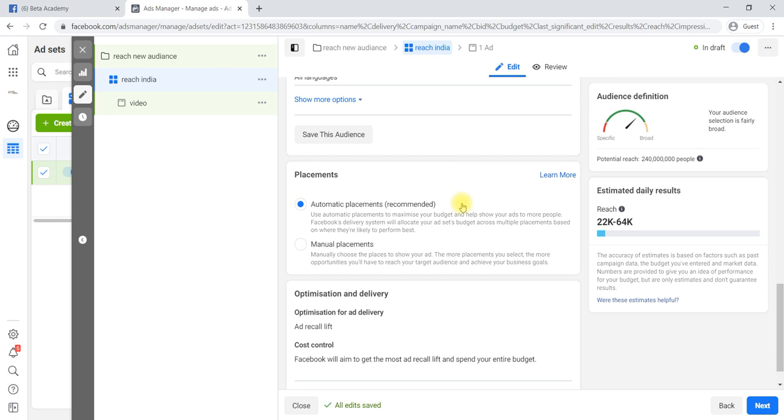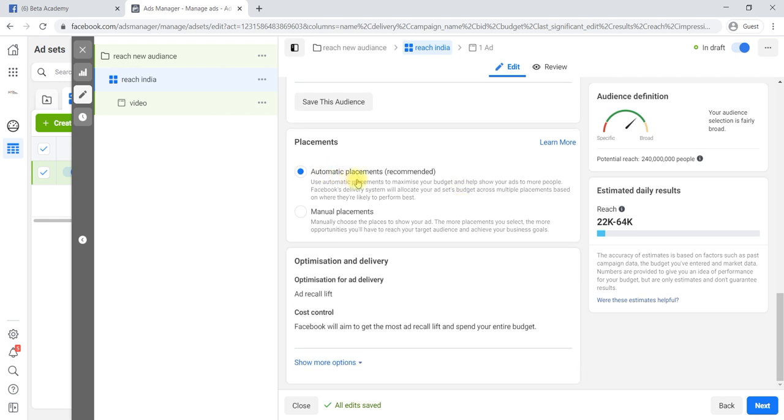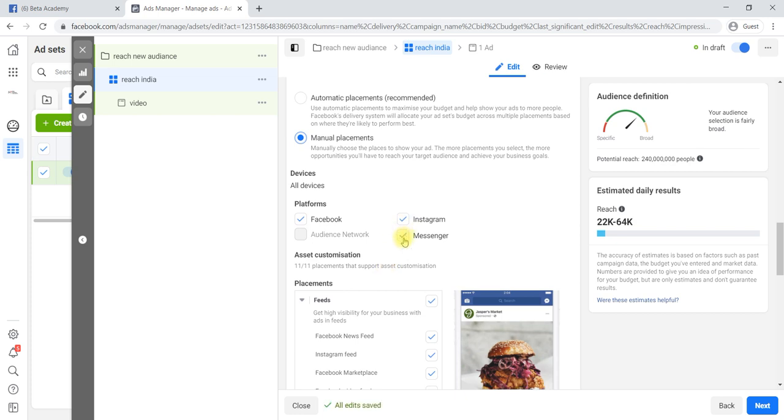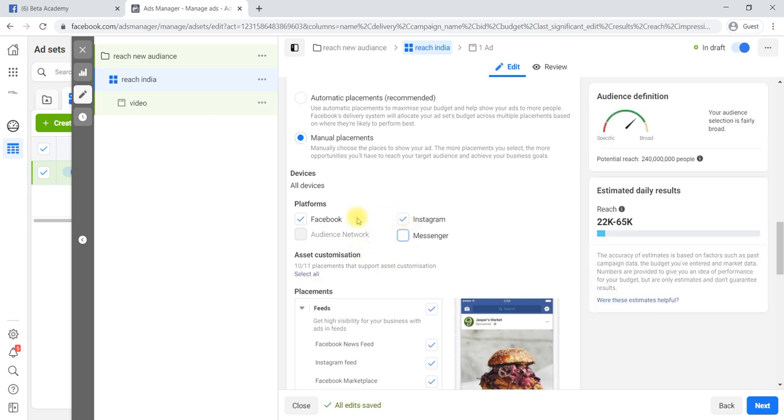Okay, then the placement. Automatic placement is nothing but it will be placed in Messenger as well as Instagram, everywhere. You can select manual placement also, like I don't want to show in Messenger, I would like to place it in Facebook and Instagram only. You can select that placement.